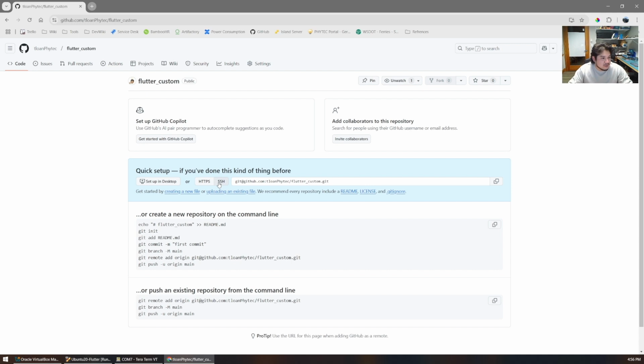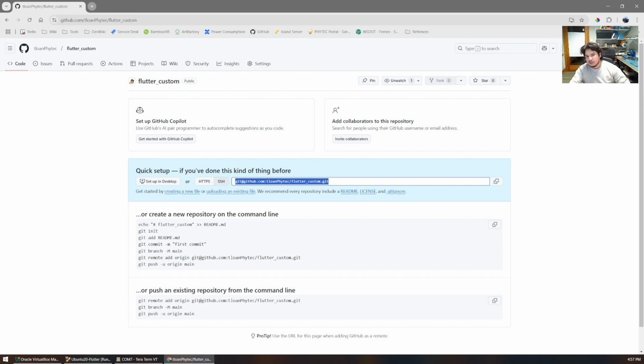The key thing here that we need is these two remote URLs. And interestingly, we will need both. We're going to need the HTTPS and SSH URLs, and that is because of some quirks of the create recipe script that Flutter provides. My recommendation would just be to add both, because if you don't add the HTTPS URL, you'll still get some kind of error. It's a very quirky